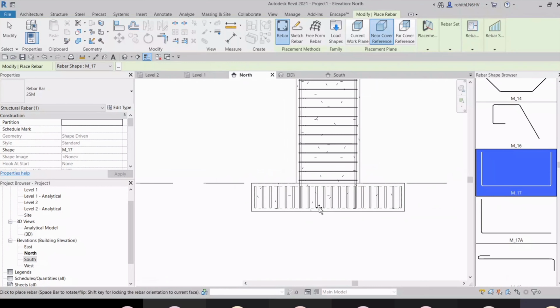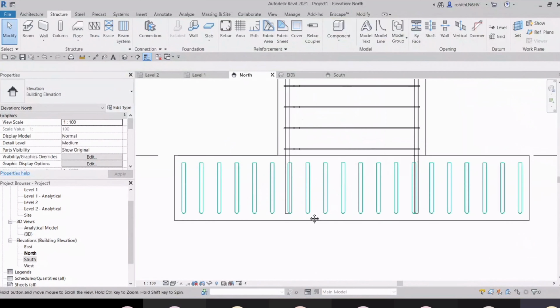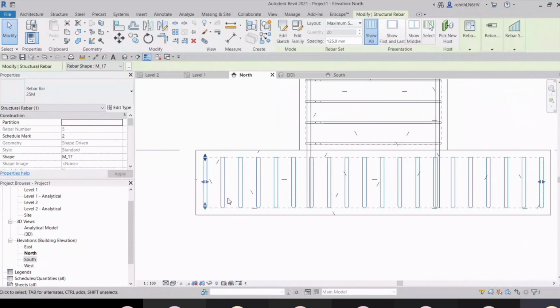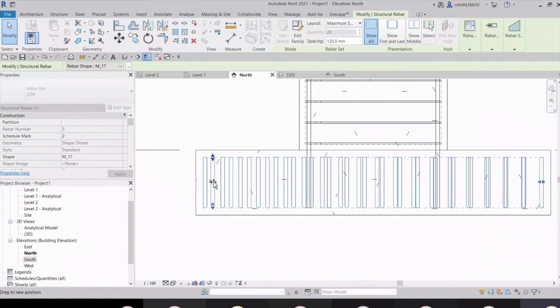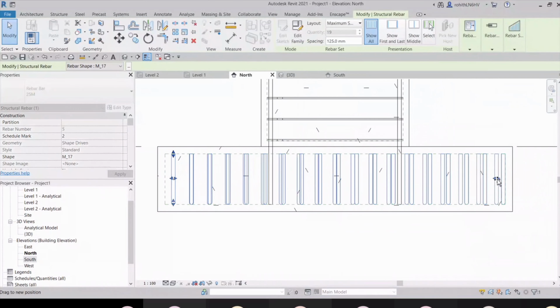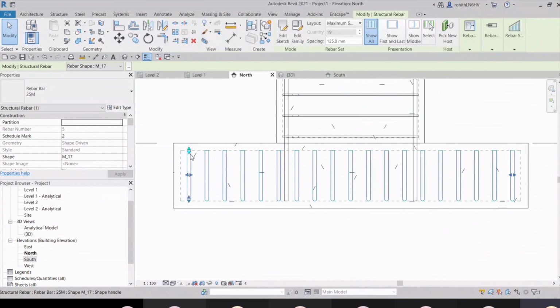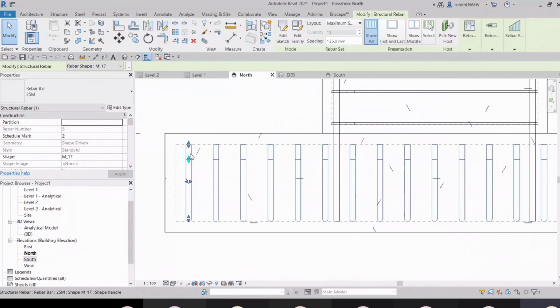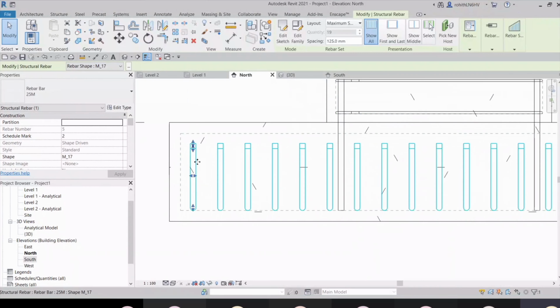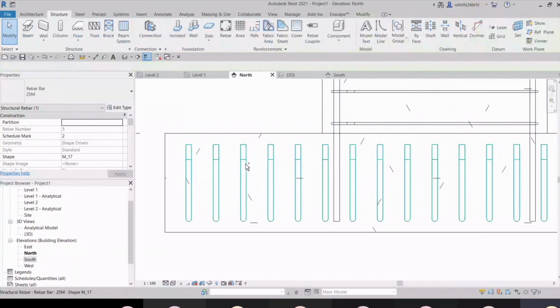All right, so this way we can place it. Fine. Now if you want to change anything, you can make the changes like this way, and this height and all, you can do the changes.